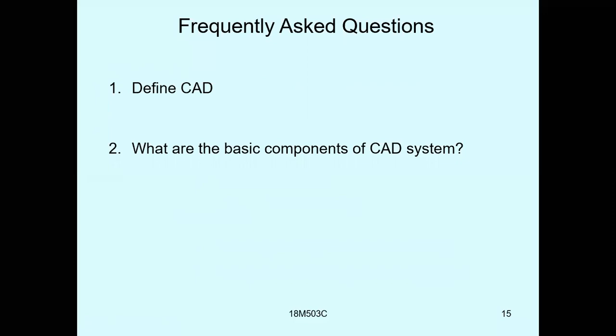That is called CAD. Okay, what are the basic components of a CAD system? You have hardware and software. In hardware you have 3 parts, in software you have 2 parts. Those things you should write here. And list out the components in hardware. Just now we have discussed, we have 3 components in the hardware. What are those? CPU, and input and output devices.